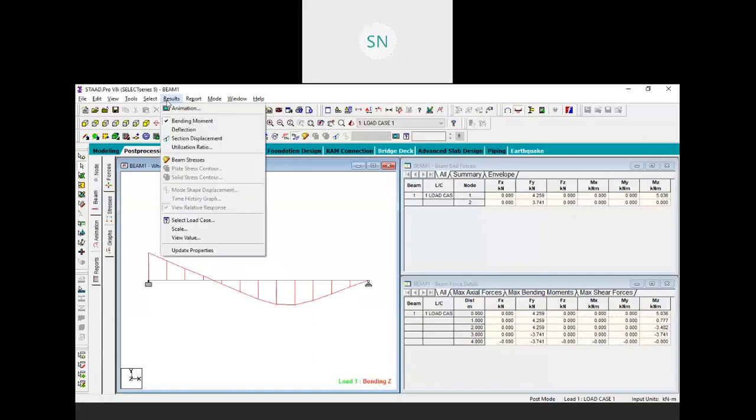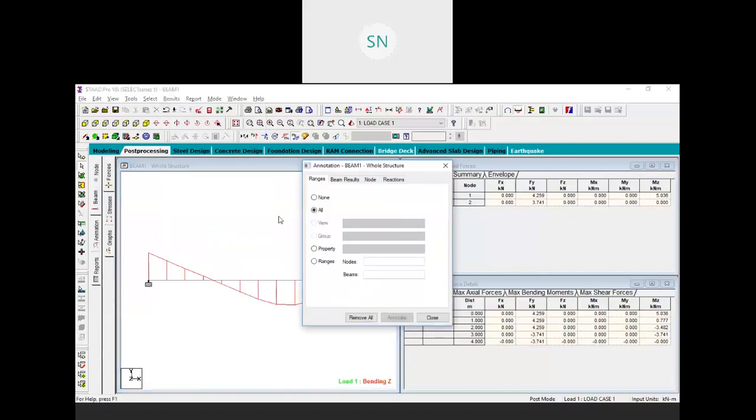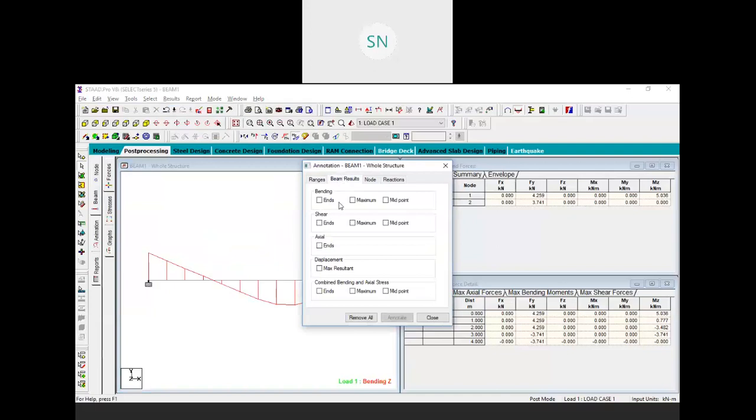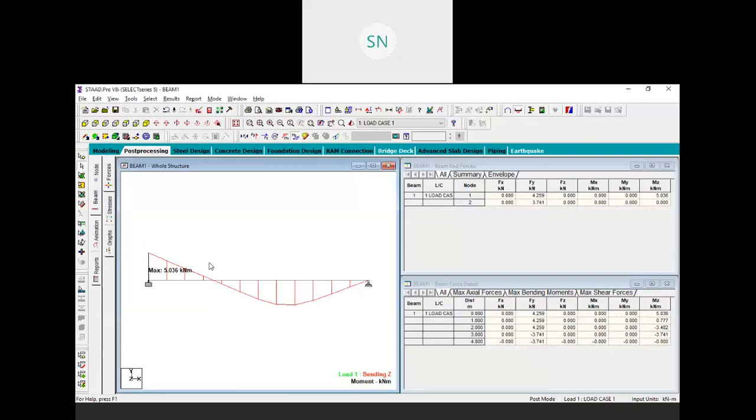Again go to the result, view value, beam result, and this is our bending moment. Okay, so turn on this maximum bending moment, annotate and close. So it will annotate a maximum moment in your diagram. Turn off this and turn on this shear force diagram. All these diagrams are in forces.